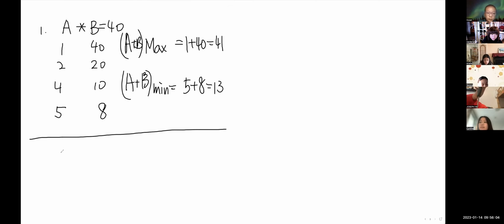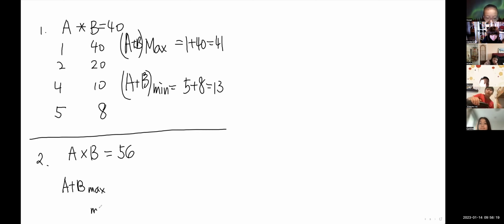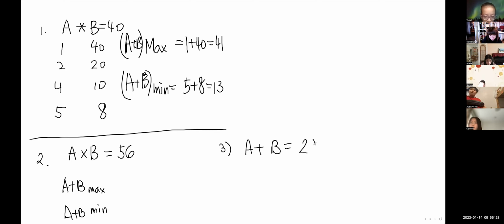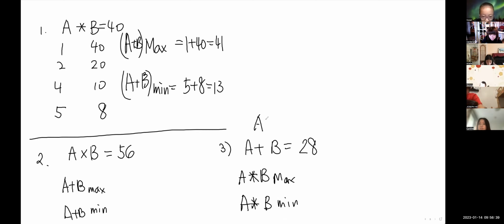Okay, so now everybody, let's just practice another question and moving forward, okay? So a times b equals 56, okay? And what is the maximum value of a plus b and what is the minimum value of a plus b? Okay, there's a second question. If a plus b equals 28, what is the maximum value of a times b, and what is the minimum value of a times b? And a cannot equal b. Okay, 2 questions at the same time, okay? 看看小朋友们脑子能不能转过来。